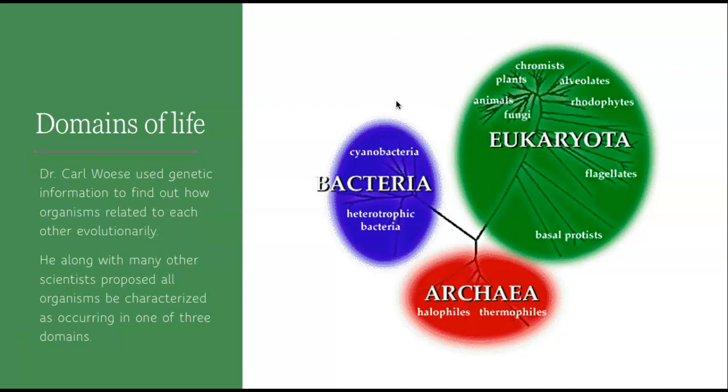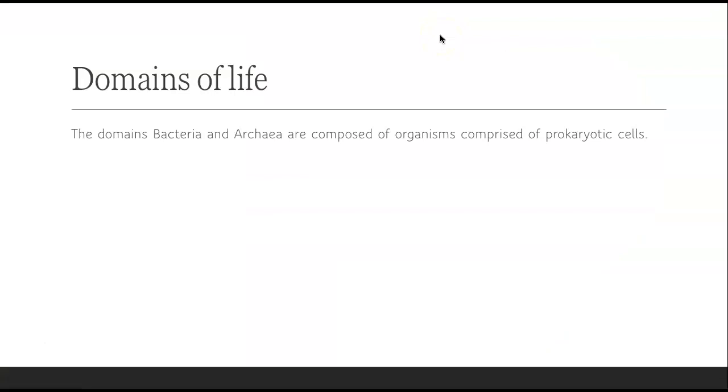And so we're going to talk about all of these domains today, give some very basic information about all three of them, and then in the next one we'll begin with talking about animals that are in the eukaryota. So the domains bacteria and archaea are composed of organisms that have prokaryotic cells. Before we had this genetic information, we would have just said they're all just bacteria because they all look like it. But that's not the case anymore. And now domain eukarya are going to have all the organisms that have the eukaryotic cell type.